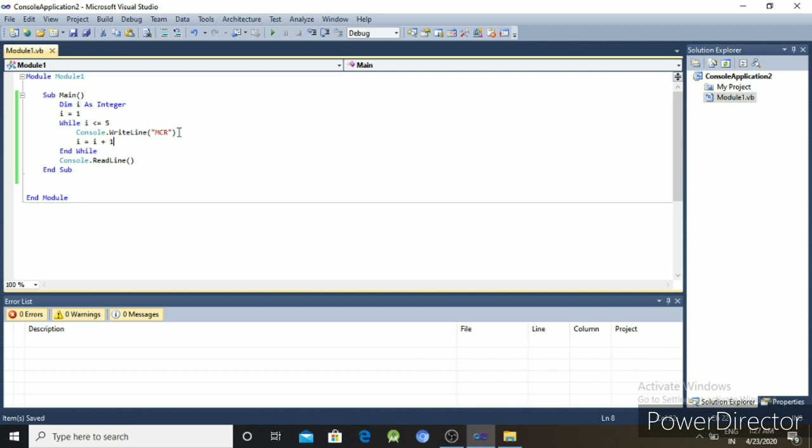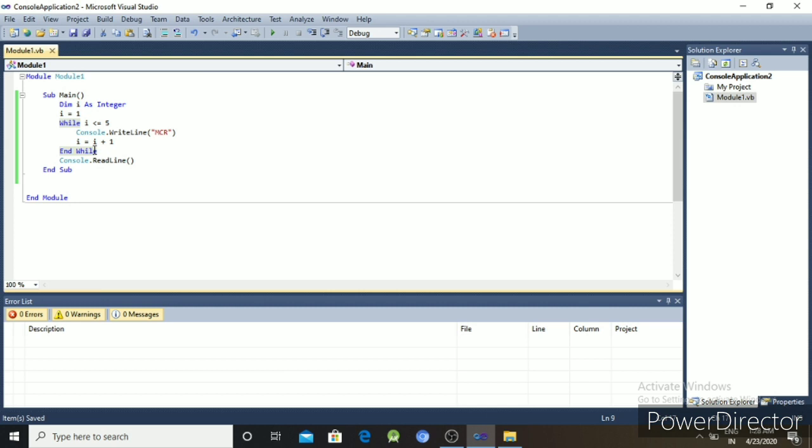So Dim I as integer is the variable declaration, I equal to 1, then the while condition I less than or equal to 5, then print. The while loop ends with the End While keyword.